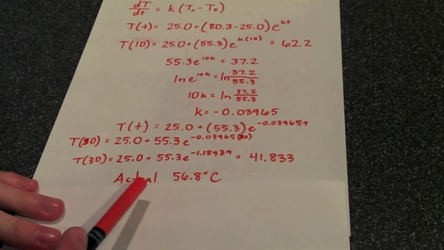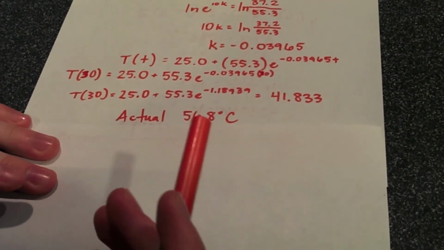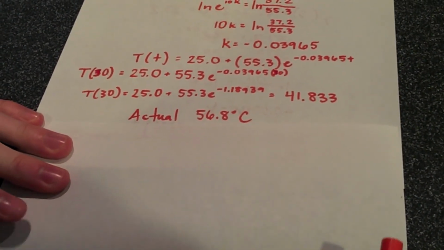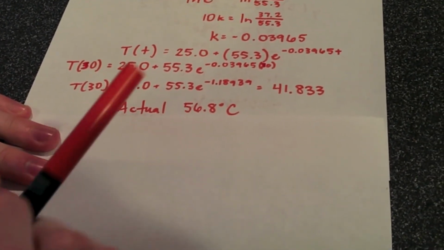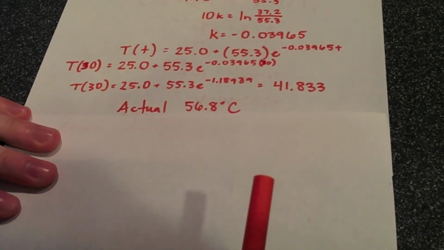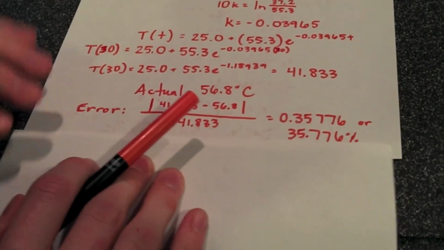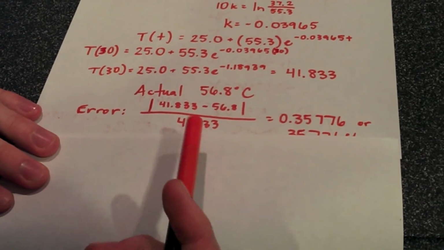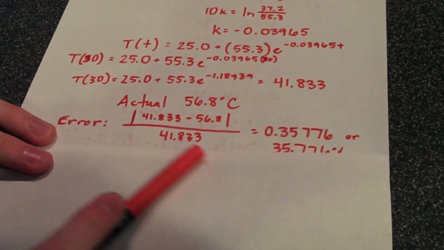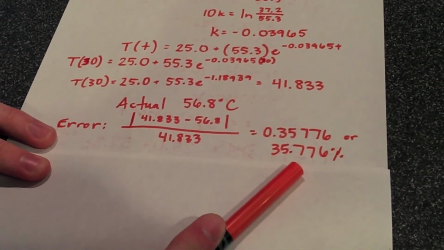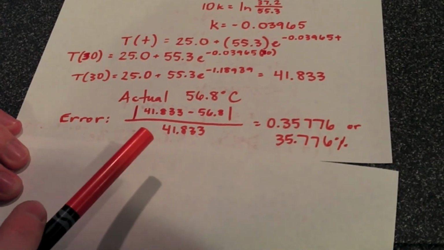Now, our actual temperature measured this time was 56.8 degrees Celsius. So there's something that's going on here and why our estimate is not more accurate. Basically what happened is that we left the cake on top of the oven, so that kept the cake warmer than it should have been by Newton's law of cooling. And so we also went ahead and estimated the error. With our predicted temperature as the standard, it comes out to 35.776% error, or if you use our measured temperature as the standard,